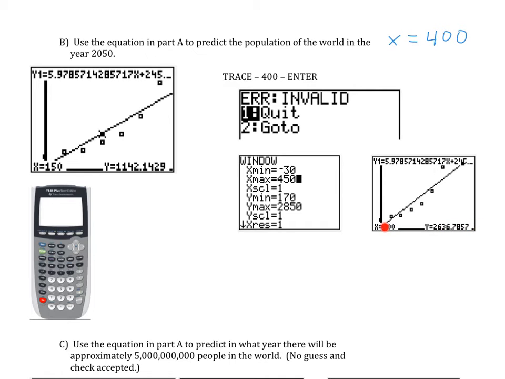Okay? So here's the work that I would want to see. All right, tell me your keystrokes. Well, we hit trace. After we hit trace, we hit 400 because that's what we want. We want the X value to be 400. And then we hit enter. And we got this ordered pair. Okay, the ordered pair was 400, comma,